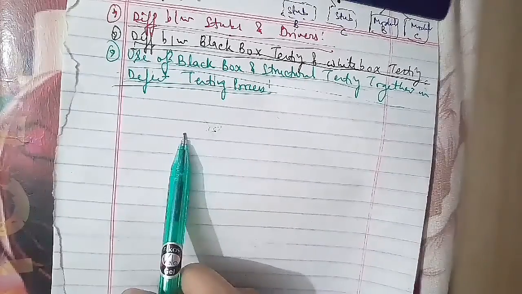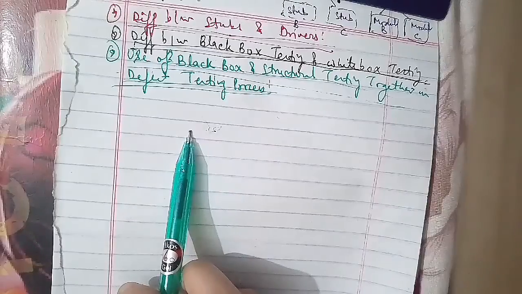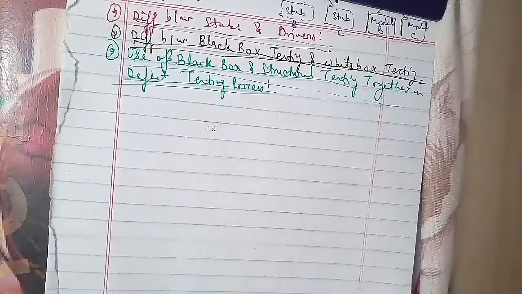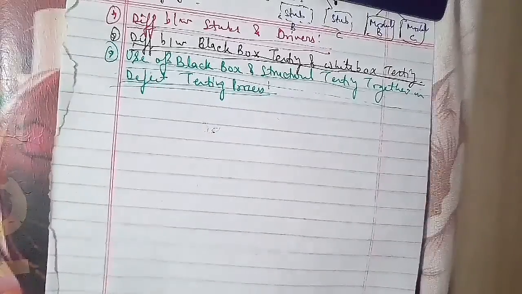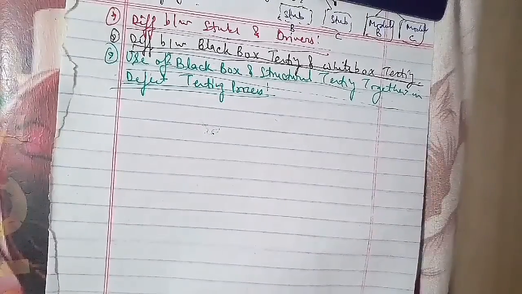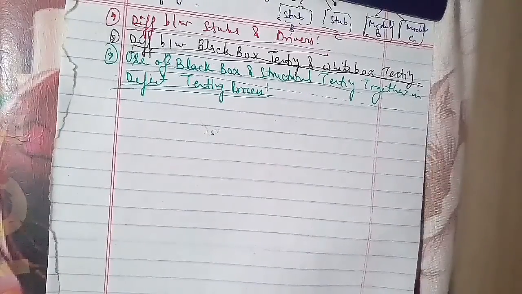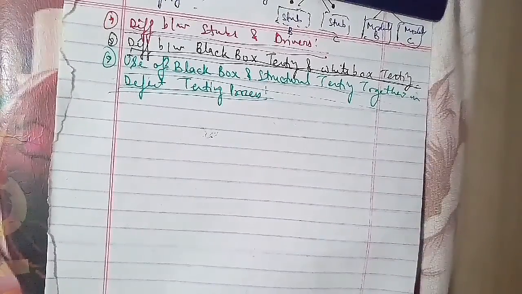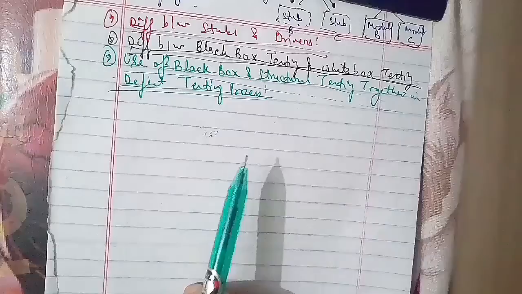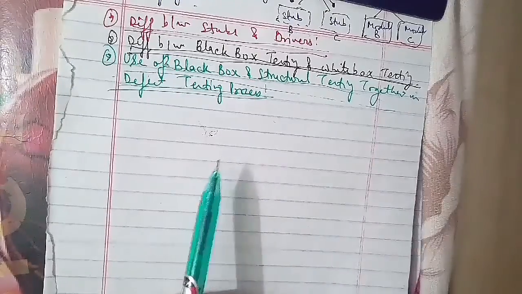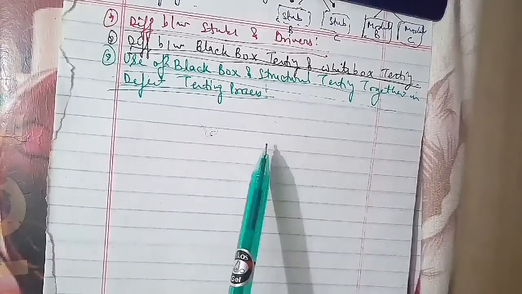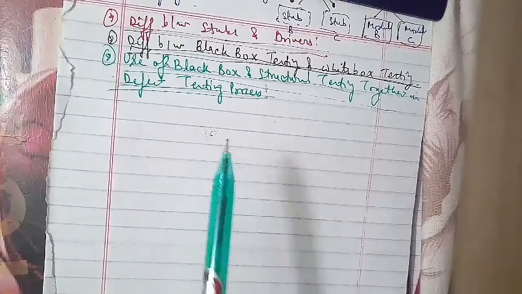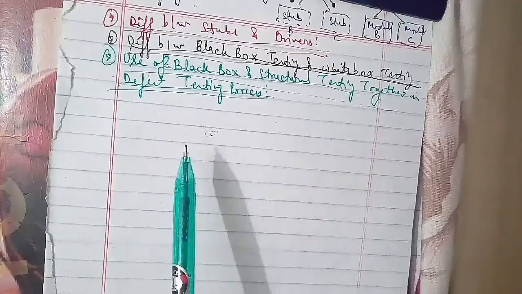Then validation testing is performed to ensure that the system which is developed meets all the functional, behavioral and performance requirements. Validation testing is also performed using the black box testing method. Finally, system testing is performed to verify that all the elements of the system are working properly and overall system performance is achieved in the given environment. The most important thing to test is whether the developed system satisfies the customer's requirements.